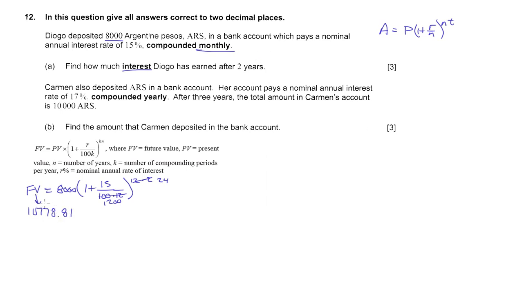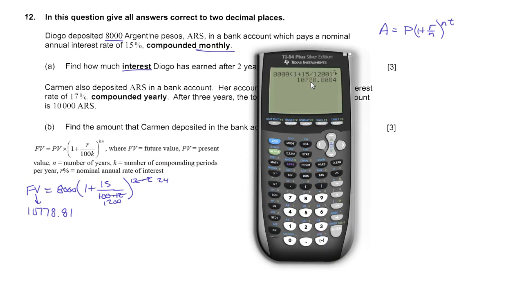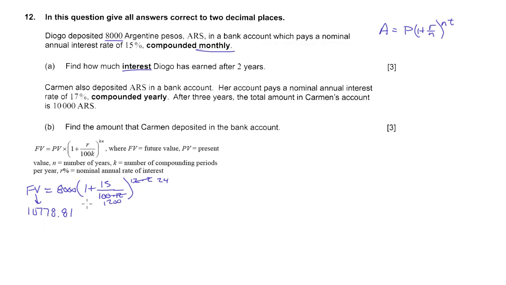That is our future value, right? Is that right? 10778.81. Yep, that's our future value. Okay, now it says how much interest he has earned. So that's how much money he has in his bank, but he originally put in 8,000. So we got to take that number,